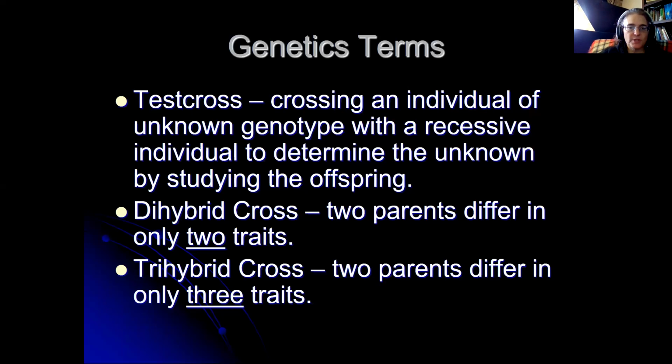So our next topic in genetics is some more terms. We have test cross. If you've worked on those worksheets, you've probably seen it a little bit, but it wasn't called this, I don't think. This is where we cross an individual of unknown genotype with a recessive individual to determine the unknown by studying the offspring. And Mendel did this a lot